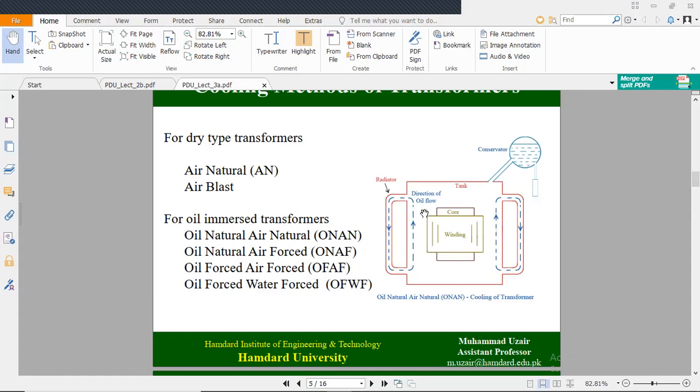Now, we are talking about the distribution transformer, which is placed in the area. At this place the rating of the transformer, especially the distribution transformer, is very much less as compared to the grid transformer, substation transformer, generating station transformer, step up transformer, power transformer. So the rating of the distribution transformer is very much lower than these transformers. That's the reason: if a distribution transformer is placed with a lower rating of ampere and kVA, we need to use an air natural transformer.